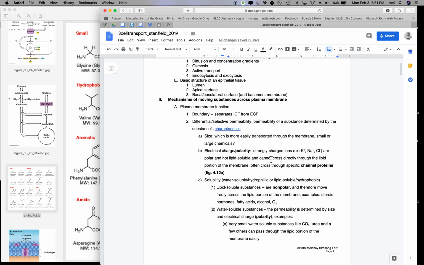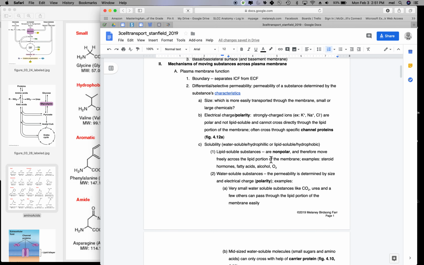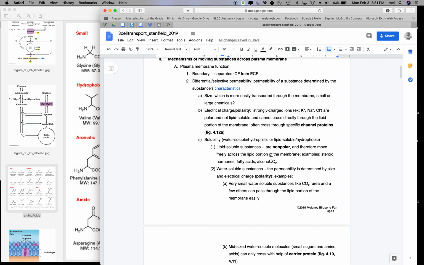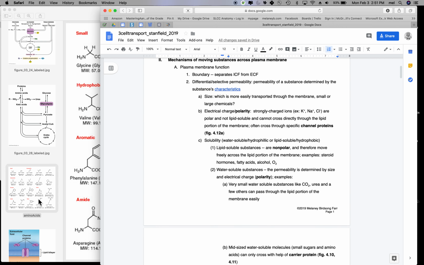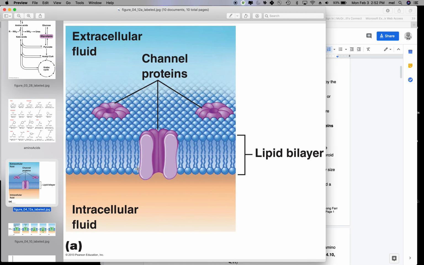Roman numeral number 2 starts with just the mechanisms of moving substances across the plasma membrane. So let's revisit our idea of the plasma membrane. You guys know this, but basically it's a phospholipid bilayer. The phosphate heads are hydrophilic, and so they face toward the fluids. The phosphate tails are hydrophobic, and they face the internal portion. And then